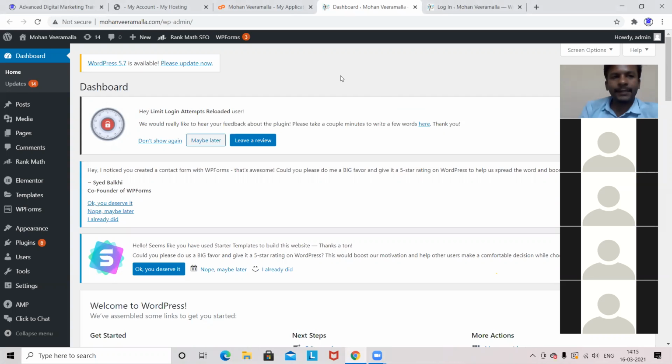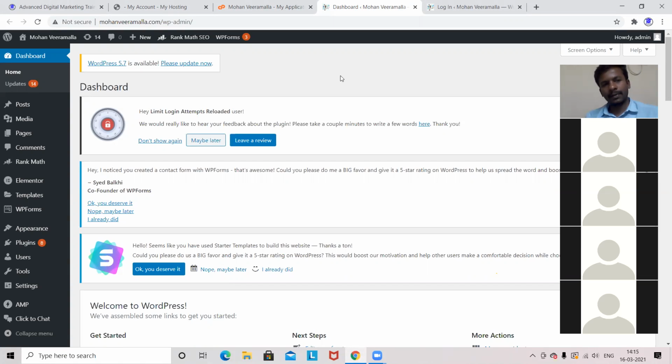So here, whatever section you are seeing now is a dashboard. Now this is the dashboard of WordPress. That means you are the admin, you are the owner, so you can see this dashboard. At the same time, if somebody is browsing your website, they can't see these options. They can see the main website, and you, as an admin, can see the dashboard.